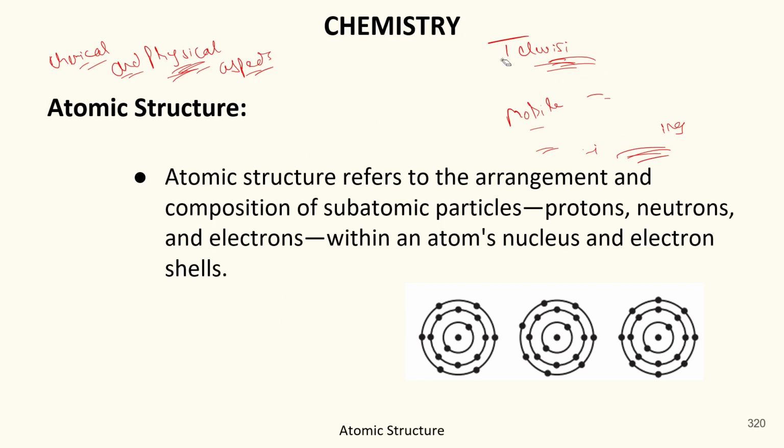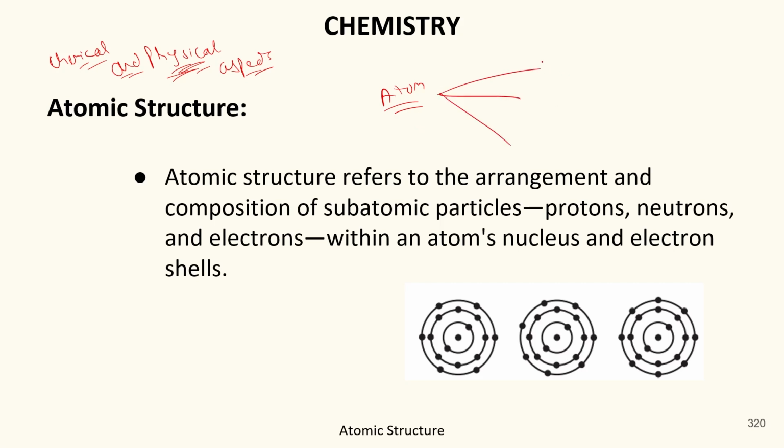And how is this possible? How is this possible that everything is different but one thing is common, which I'm going to tell you. Everything is different but one thing is common. And what is the one thing which is common in them is the atom. Okay? Everything you are seeing around yourself, whether it is in a solid form, whether it is in a liquid form, whether it is in a gaseous form, everything you see around yourself has one thing common, this is the atom.